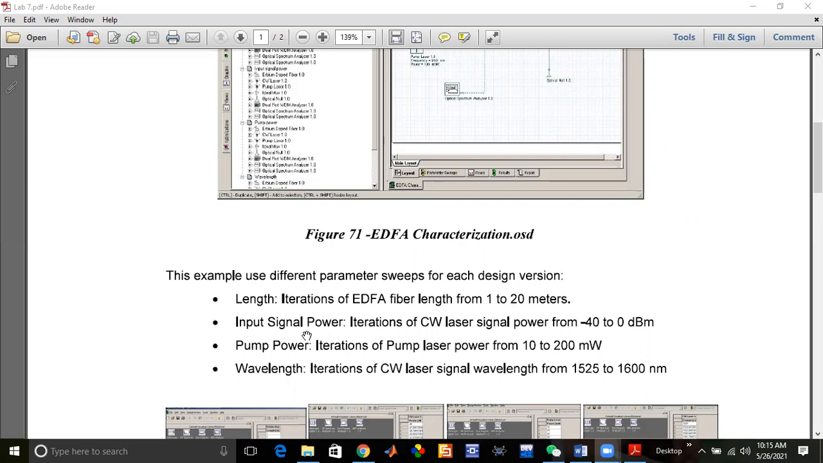And the input signal power iteration of دقيقة CW. नेटवर्क مو خراب है आवाज مو कटती है ठीक है मैंने हेडफोन नहीं लगाया अभी थोड़ा क्लियर है